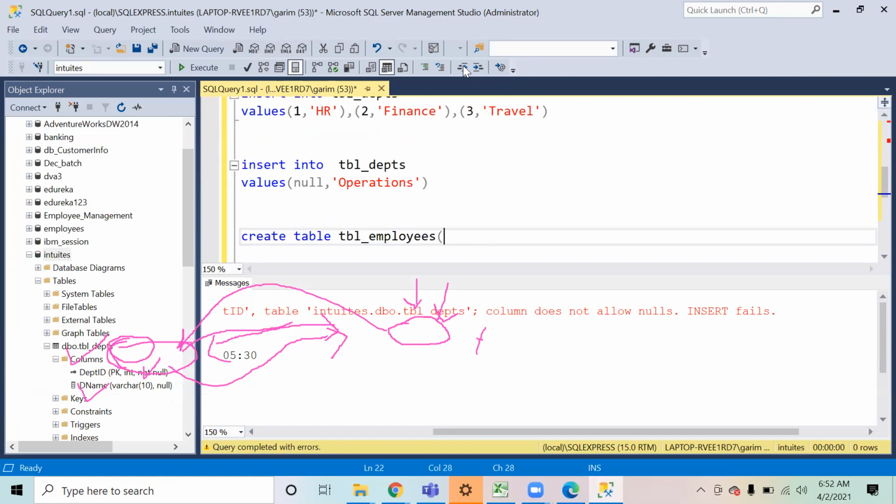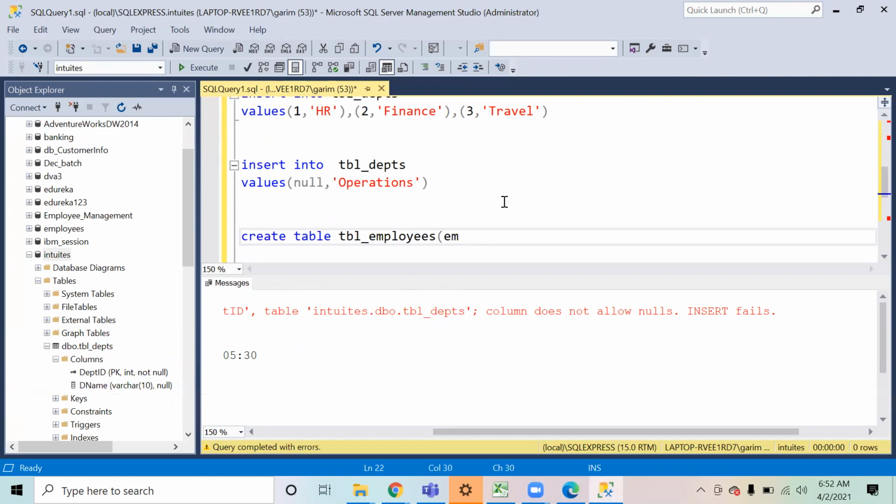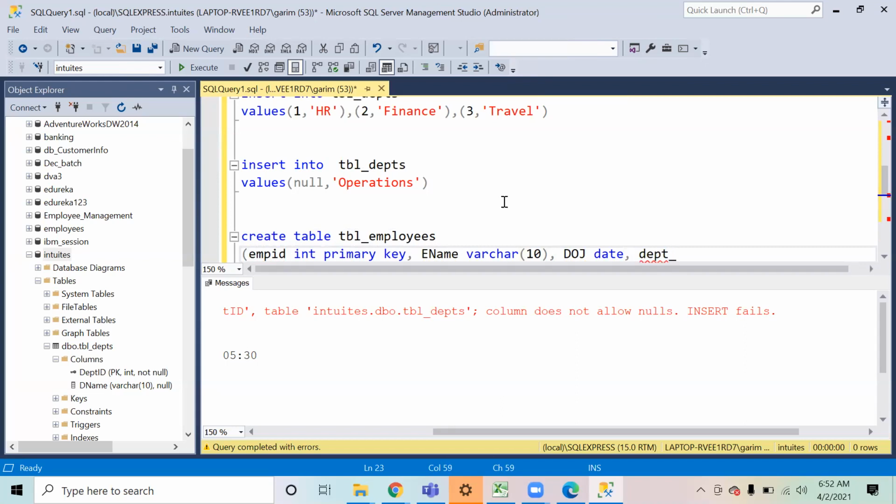In this table we have the columns: employee ID, which is integer and also works as a primary key; then employee name, which is varchar of size 10; then date of joining, which is date type; and lastly, department ID, which will be an integer, in the form of a number.